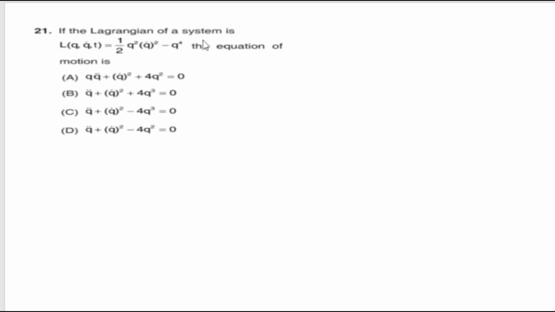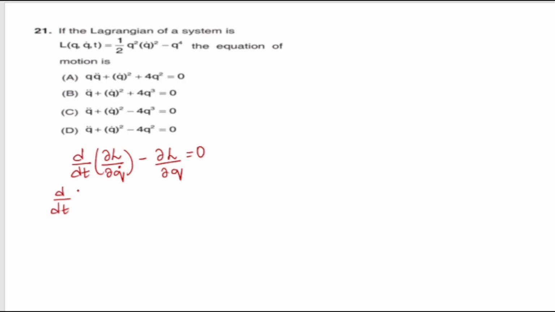They have given the Lagrangian and we need to find the equation of motion. How can we find it? We can find it using the Lagrange equation of motion. So the Lagrange equation of motion is the total derivative of the partial derivative of ∂L with respect to q dot, minus the partial derivative of the Lagrangian with respect to q, which is nothing but 0. So substituting for L,